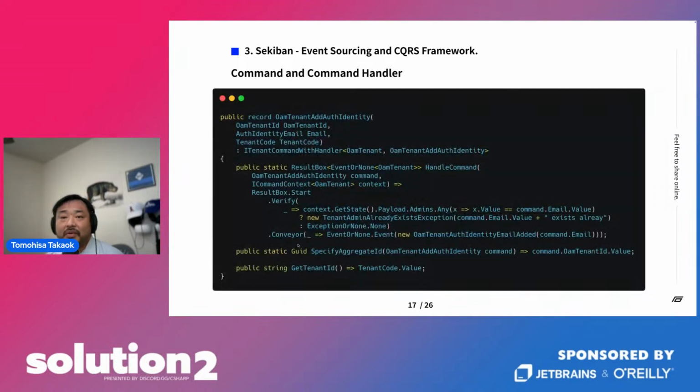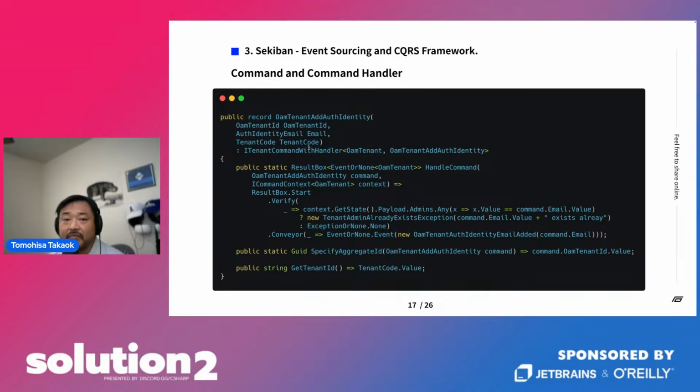So how do we write code in Sekiban? This is a command and command handler sample. The command is this: tenant add authentication identity, adding an email to the tenant. To do that, first you need to specify the aggregate, which is the data you save to, and it returns the data from the input.